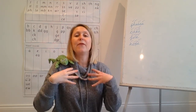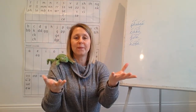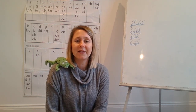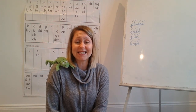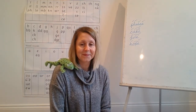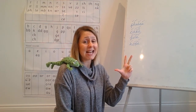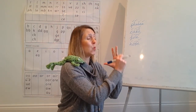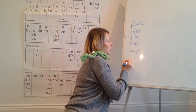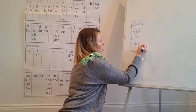Oh, this is a good adjective. Huge. Huge, huge. How many Fred fingers do we need for the word huge? Show me. Good. Now have a go at writing it down. Okay, so we needed 3 Fred fingers for this word, another split sound. Huge. Huge. Huge. Give yourself a tick for the H, give yourself a tick for the U, and give yourself a tick